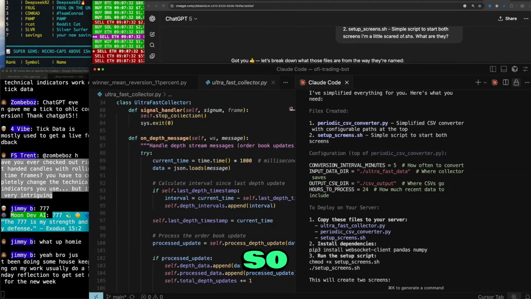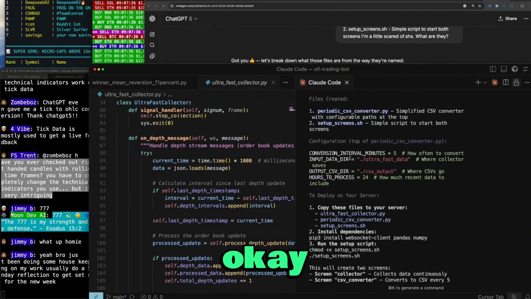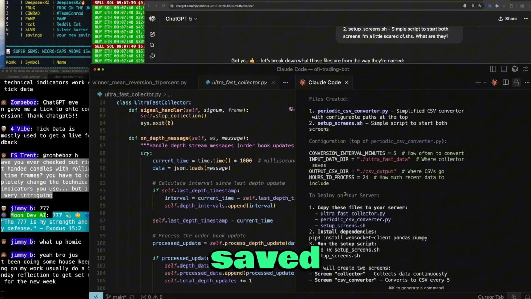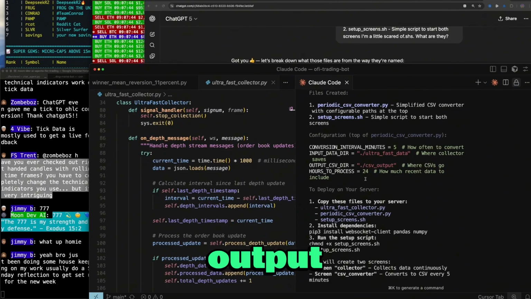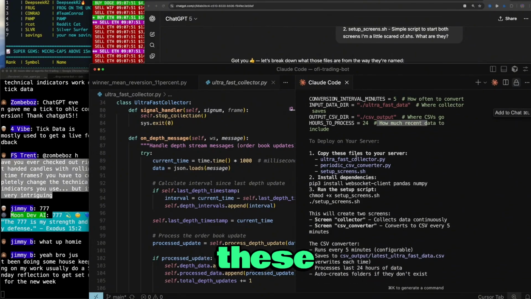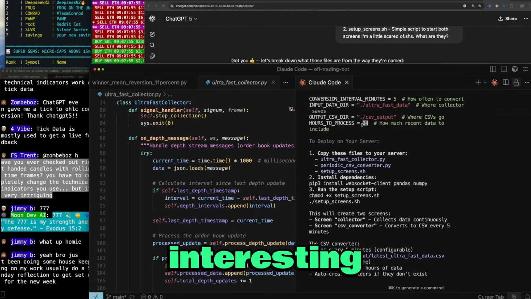Okay, so configuration at the top of the periodic CSV converter. Okay, so 5 minutes, input directory where data is saved. Okay, ultra fast data. CSV output where CSVs go. How much recent data to include. Okay, copy these. Process hours to process. Interesting, dude. I want all